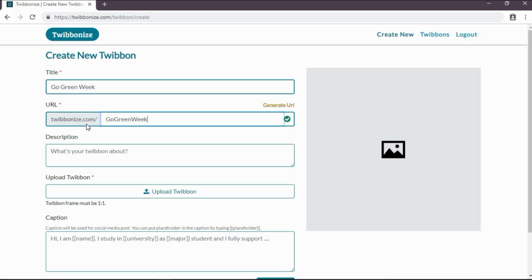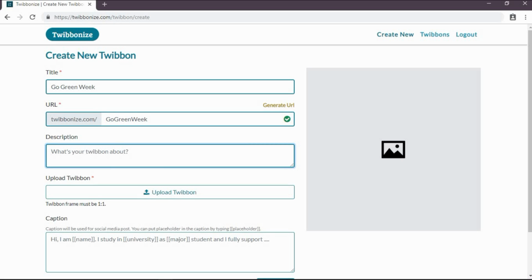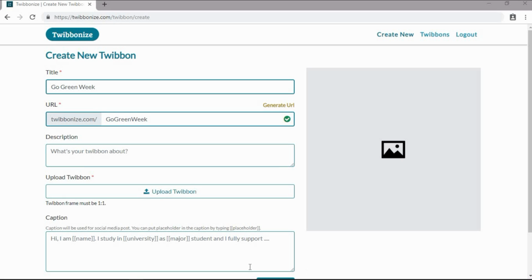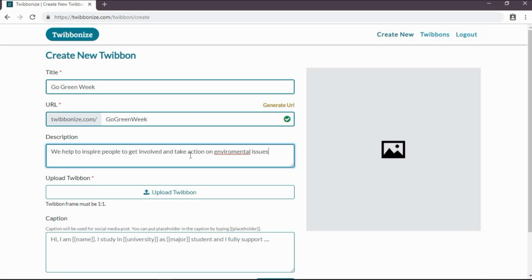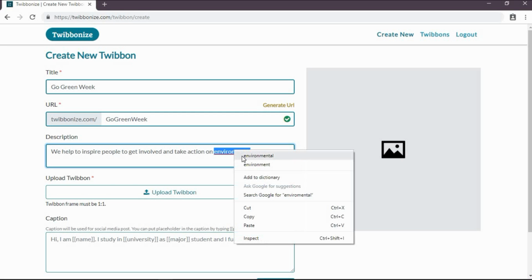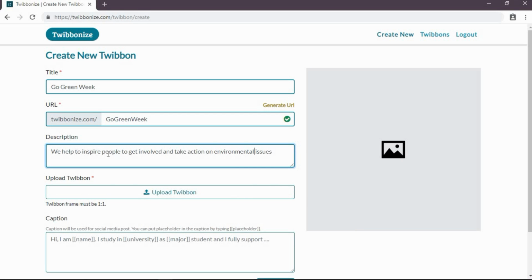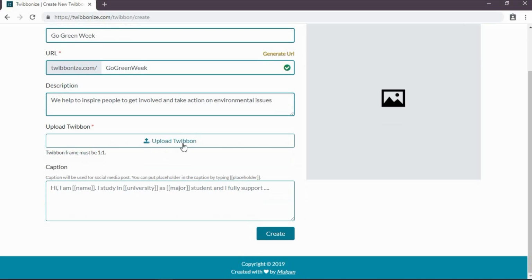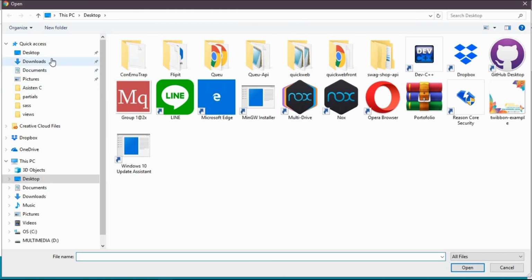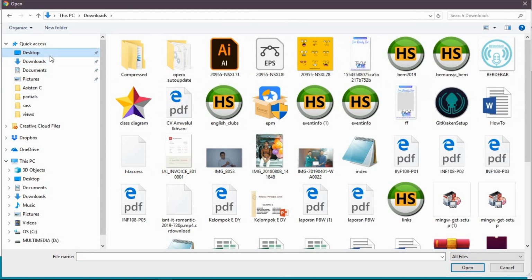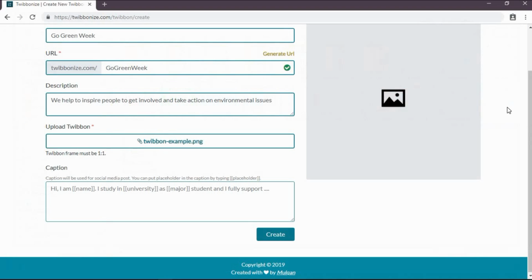And then for description, I'm going to type something like this. We help to inspire people to get involved and take action on environmental issues. And then for Twibbon, I'm gonna upload a random one. This one maybe. And then for the caption,